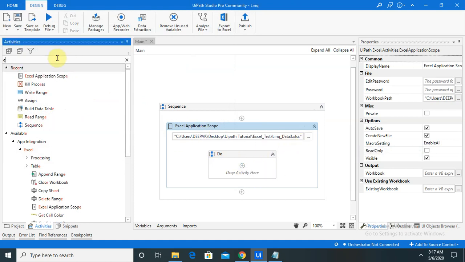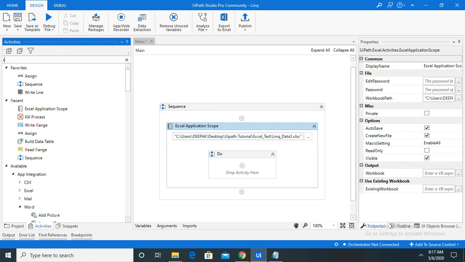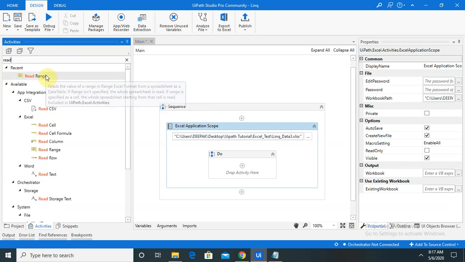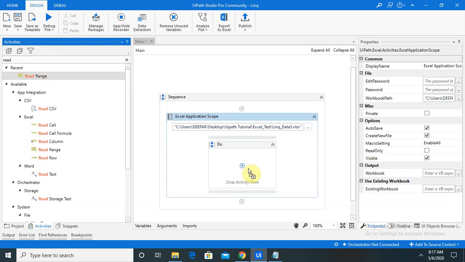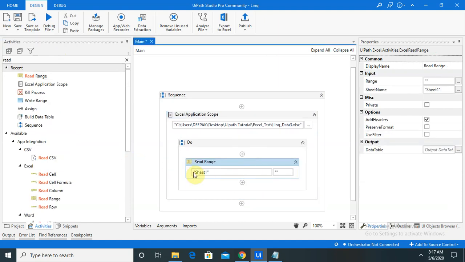Let's take Read Range. I am mentioning the name employee here, because that is my sheet name. I am not mentioning anything in the range because I want the complete data.